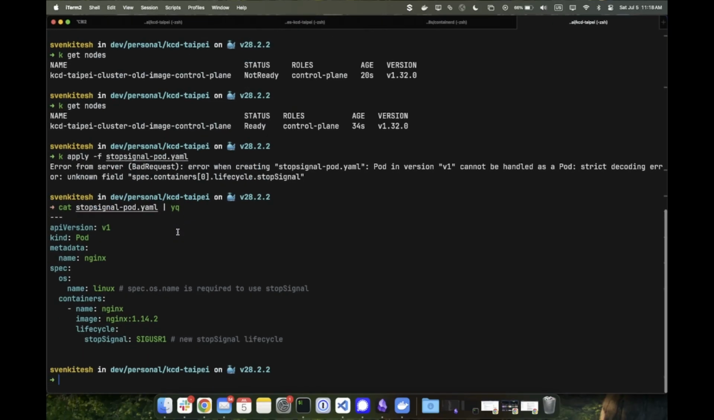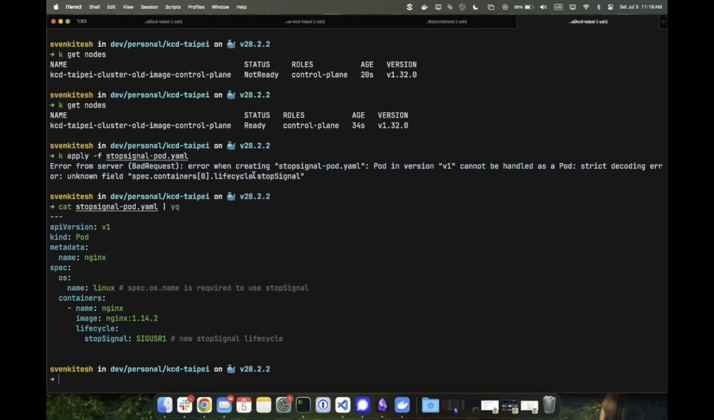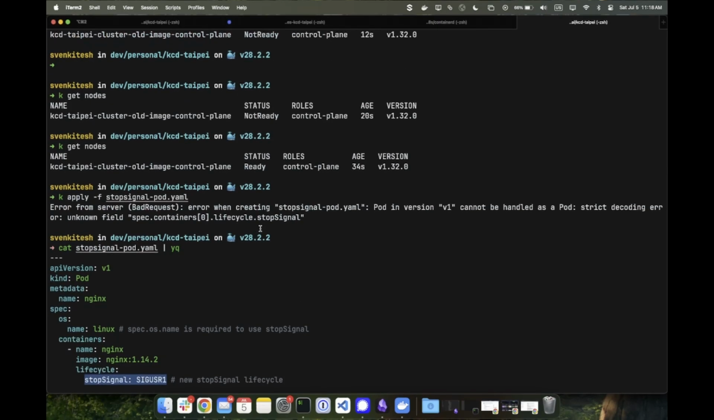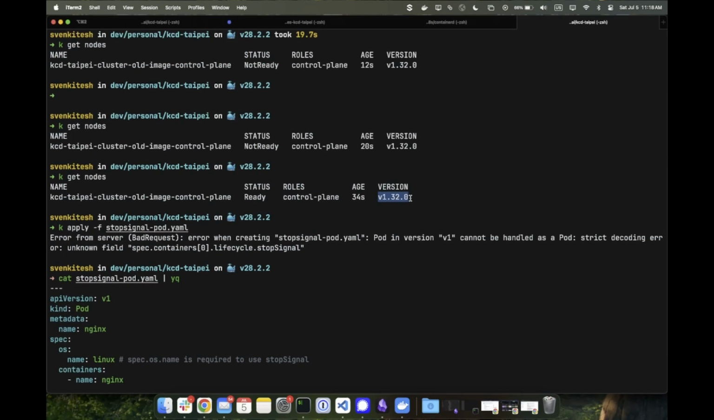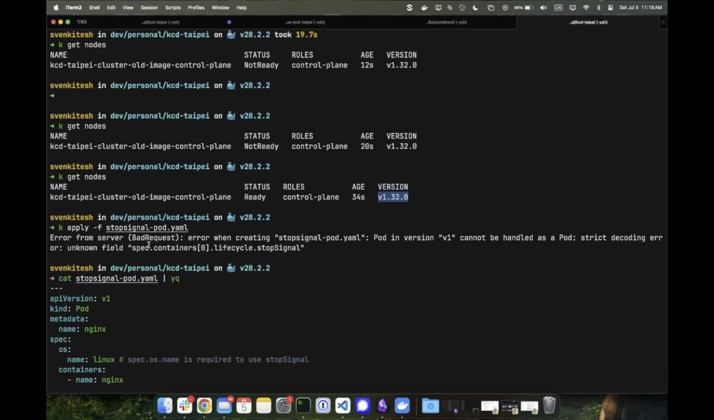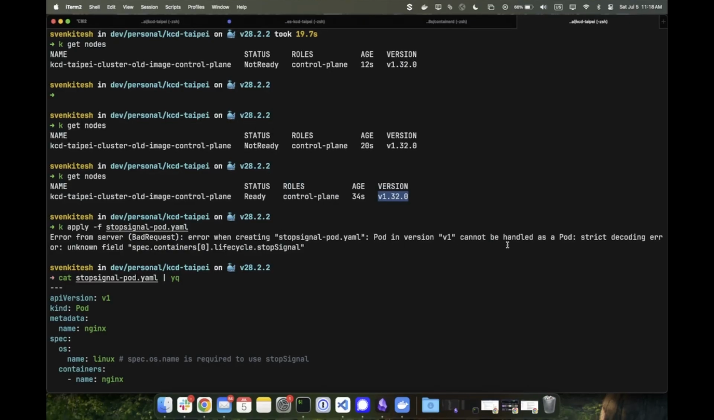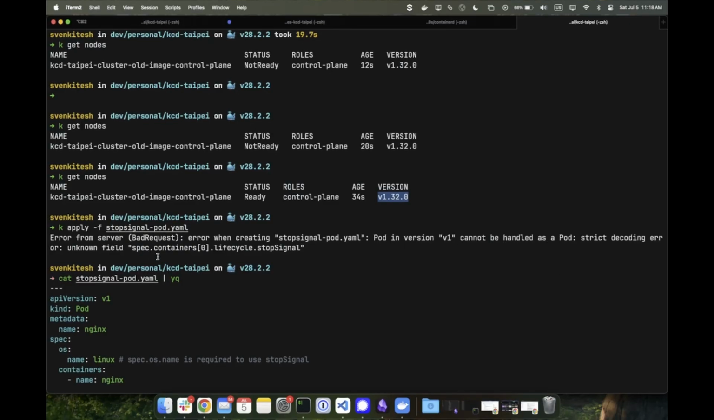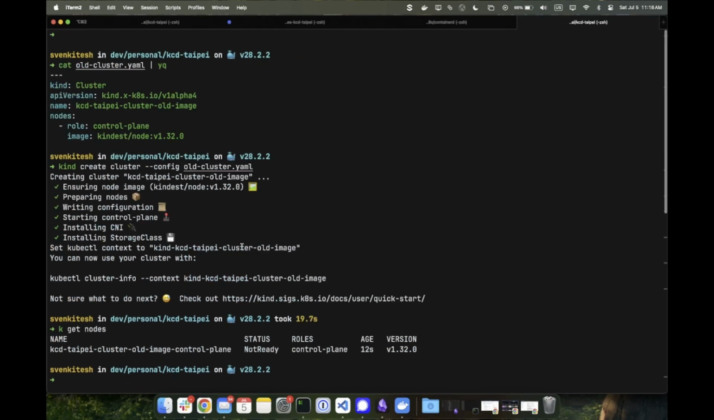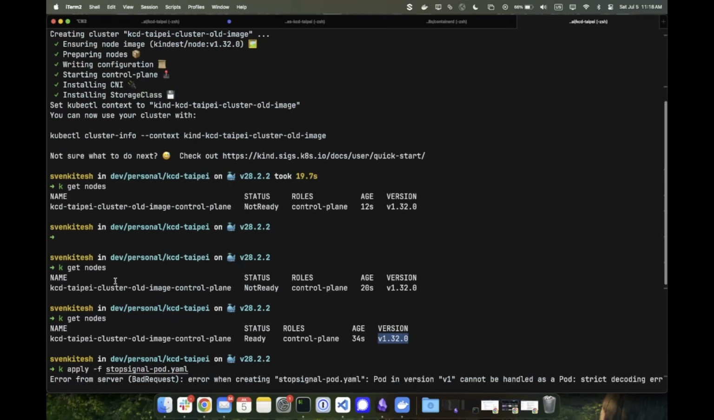So here I am running a Kubernetes cluster with version 1.32. This is the pod spec that I am trying to apply, and the container spec has the stop signal defined, and this is a 1.32 cluster, so you can see here the version says 1.32. When we try to apply this, it says bad request, pod in version v1 cannot be handled, unknown field containers.lifecycle.stopSignal. So this is in 1.32, but in the image that I have built right now,